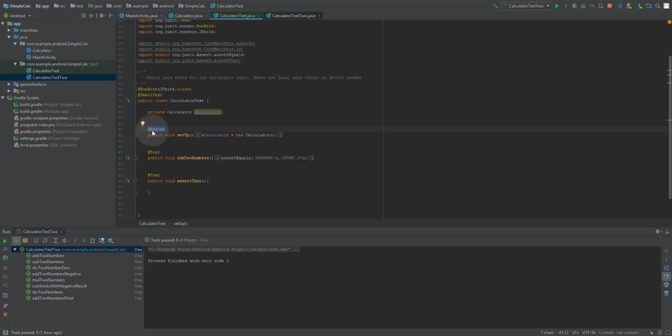And here, with the use of @Before, you make it a setup method. Now there is another method that we are going to be learning about later in this video, called the after method. This is before, where you make the setup, and inside the after method, or actually the tear